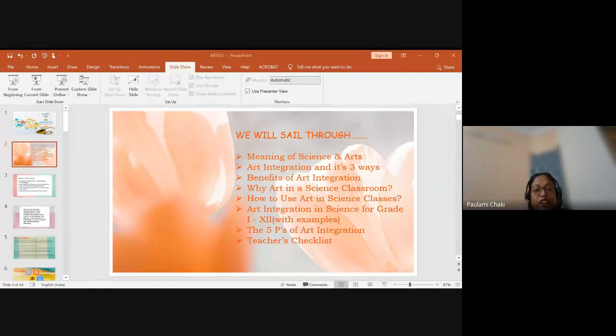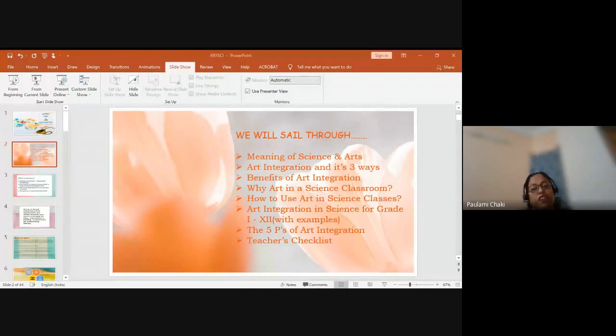And art integrated curriculum is where the arts are the method for exploring the curriculum itself. So when we teach a concept through a project-based method where we integrate art, that comes under art integrated curriculum. This particular style actually has a dual objective. First, it includes the art form, and secondly, it also includes the content knowledge along with it. We are all from different schools, but if you look at the way art has been integrated into our school curriculum, you will find that we are following all these 3.